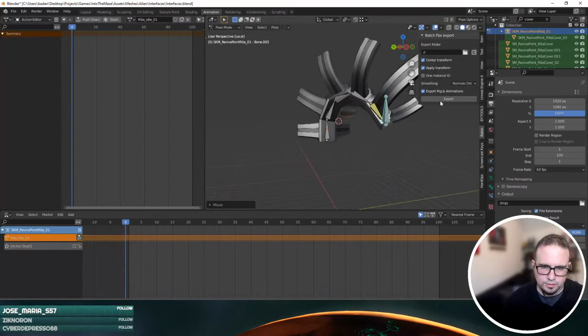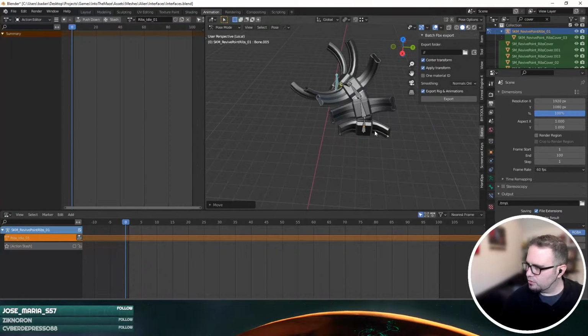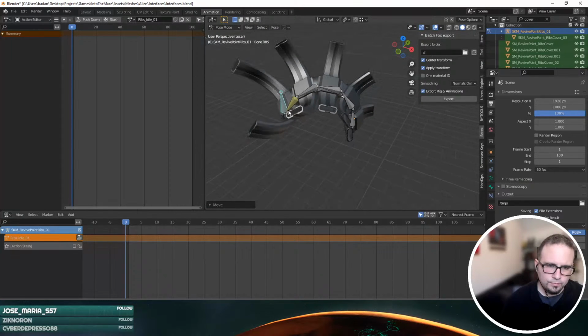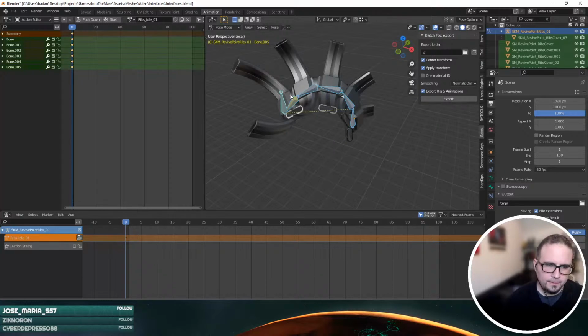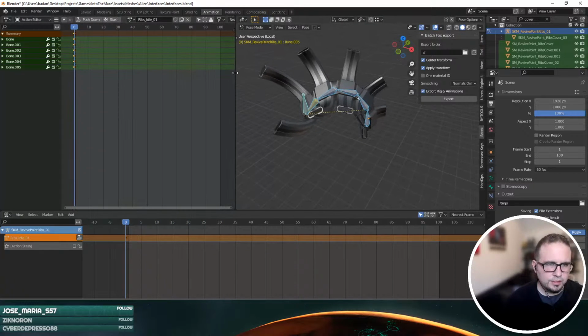Maybe it's like starting like this. So now do I need to do all the bones, or can I just keyframe this? Okay, so I have a keyframe for bone 1. This and that. So the idling is